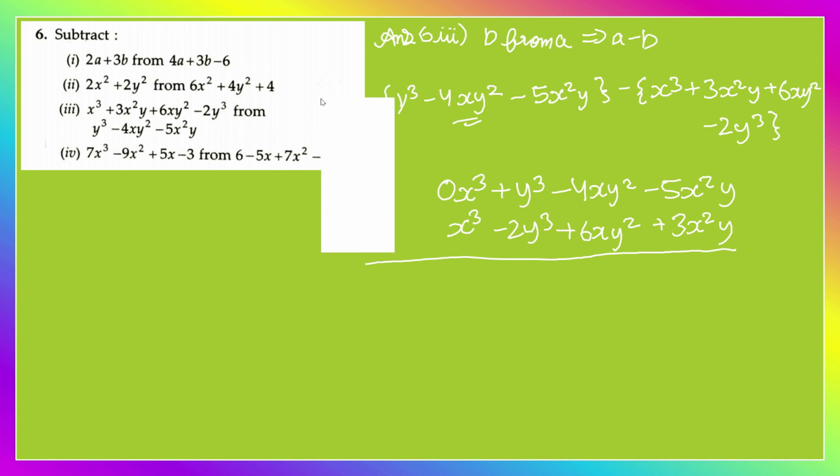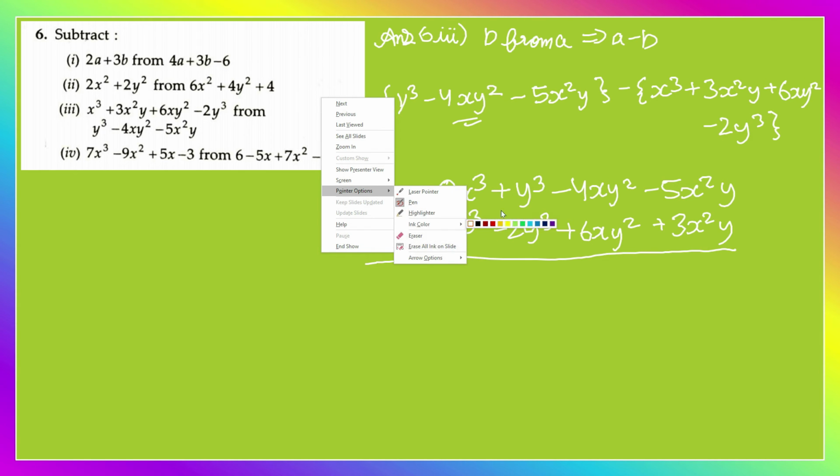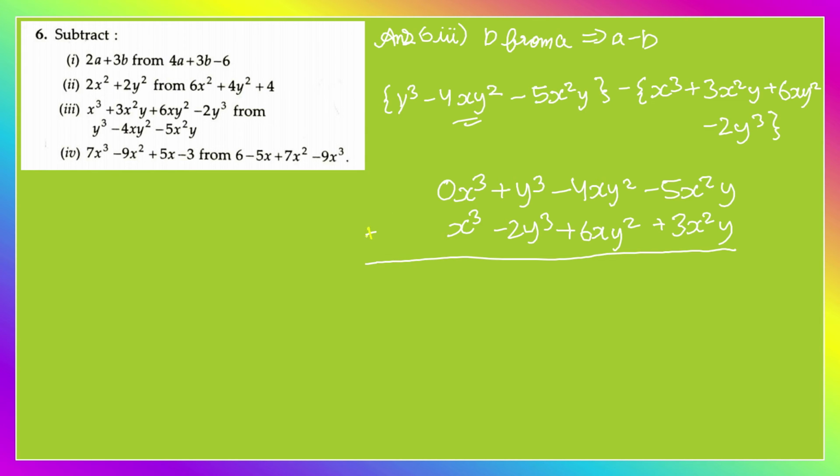Now there's a trick which I know that you also know. What we are going to do is change the sign here. So in this case we are going to change this minus into plus, and if we want to subtract the polynomials, we are going to change every sign. That is, this will become plus, and this will become minus, and this will also become minus, like this. Okay my friends, so this is the trick. We are going to invert the signs, and then we are going to add. It will be the same thing as subtracting only.